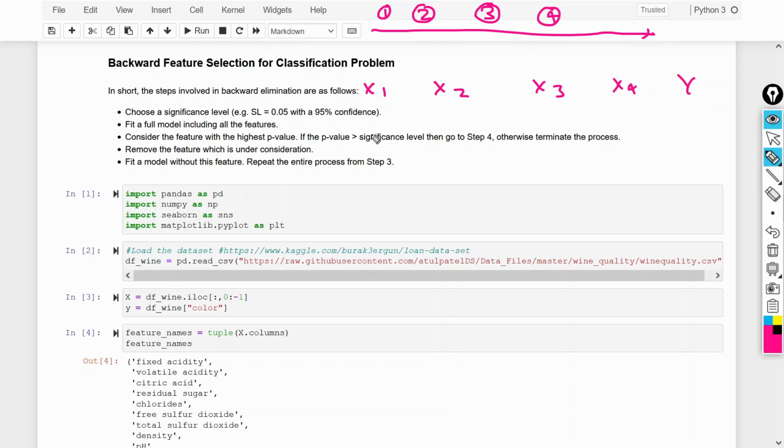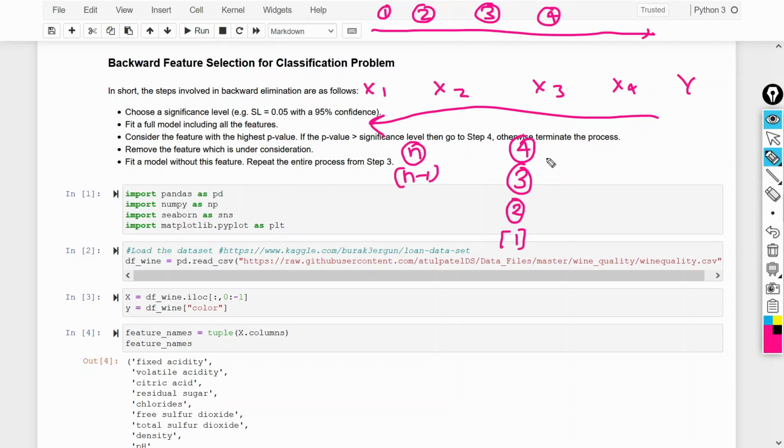So in backward feature selection we move in the backward direction. Backward means we take the combination of all n variables, then n minus 1 variables. In our case we have the 4 variable combination, then we will take 3, then combinations of 2 variables, then combinations of 1 variable, and in each iteration I will calculate the performance.